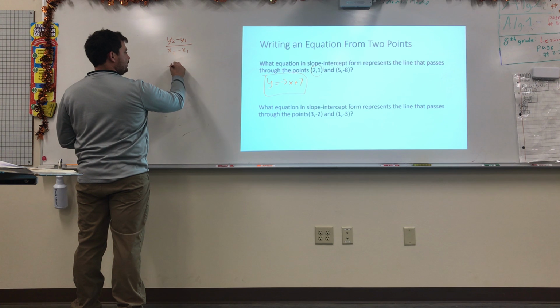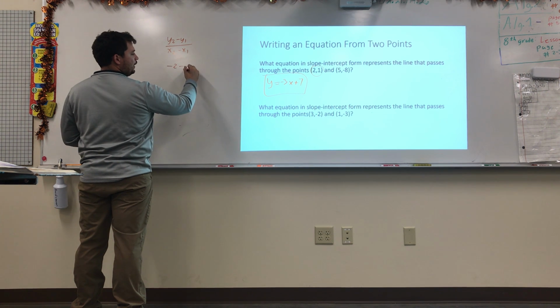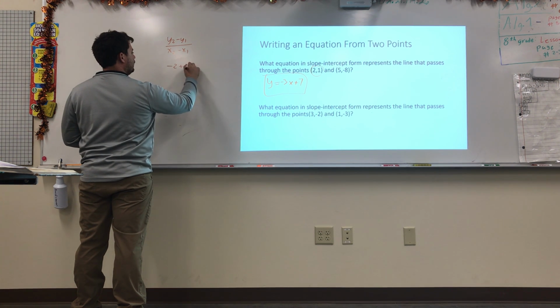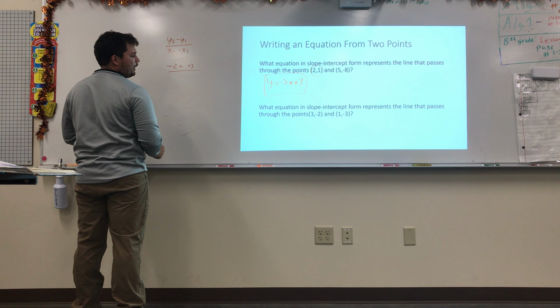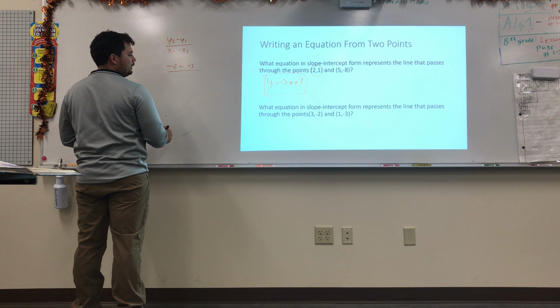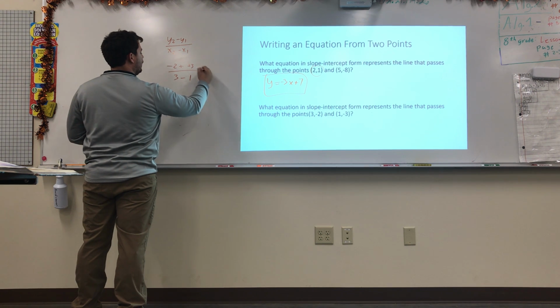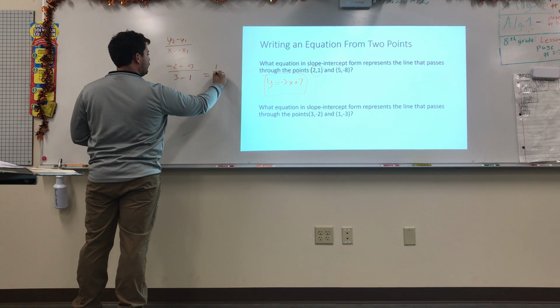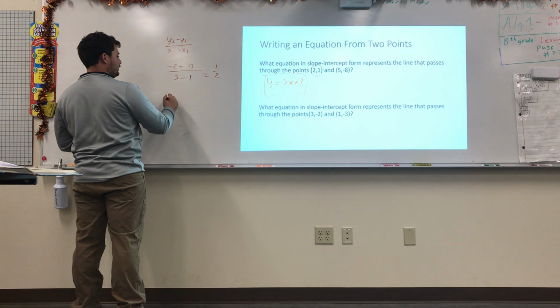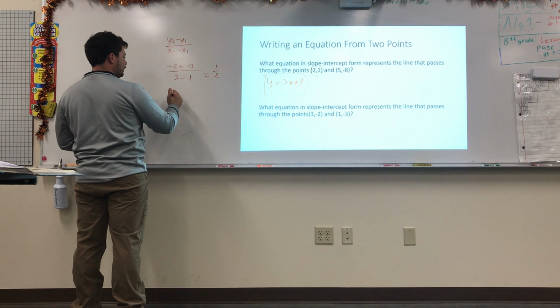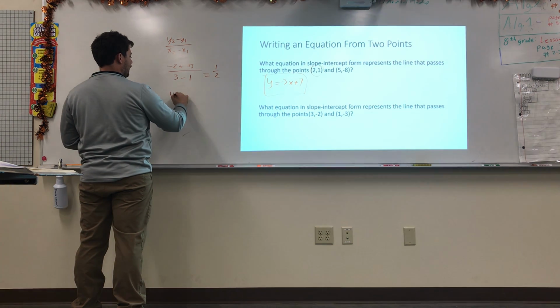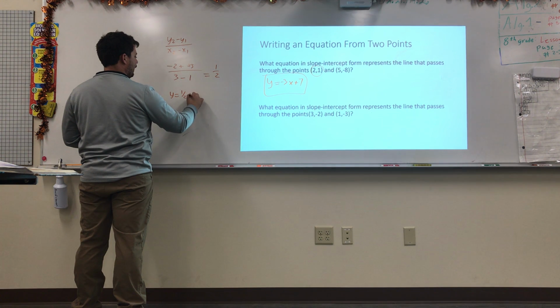I have -2 minus a -3. So I'm going to change that to adding by the opposite. I took the -2 first, so I'm going to take 3 minus 1. I end up getting 1 over 2. That is my slope. So I'm going to get y equals 1/2 x